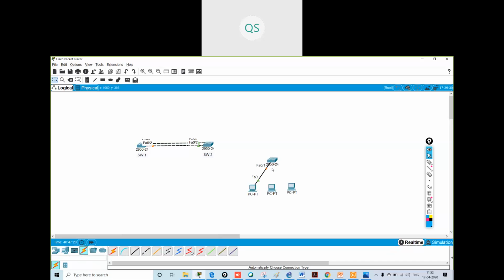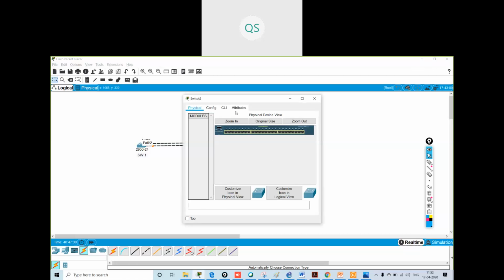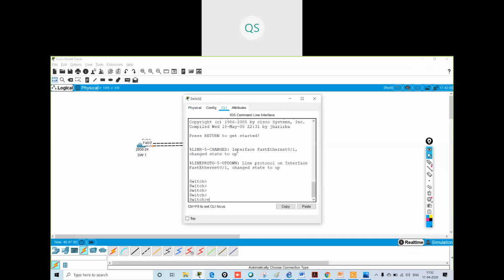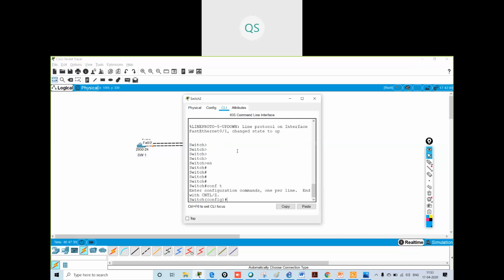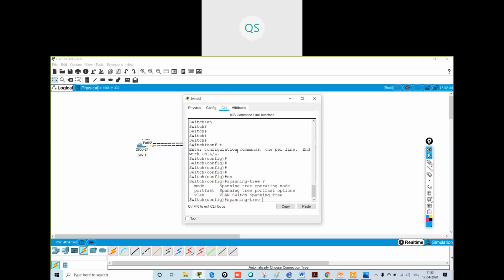So I will make these five ports, FastEthernet 0/1 to 5, port fast. Config t. What is the command to make the ports port fast? I have to go inside the interface: interface range fastEthernet 0/1 to 5.